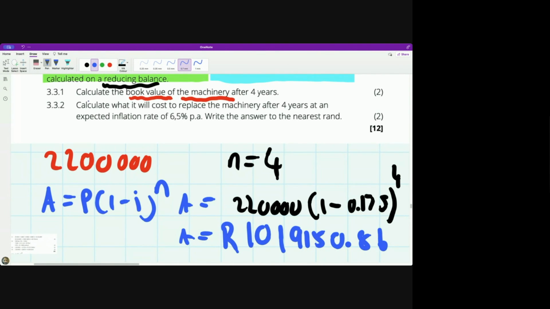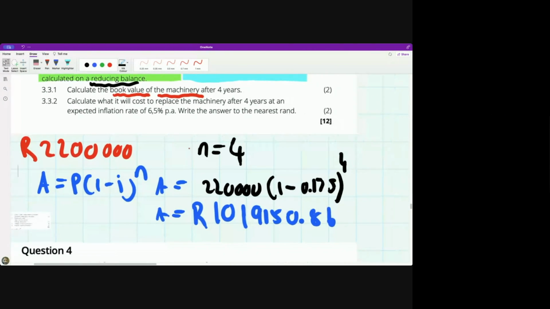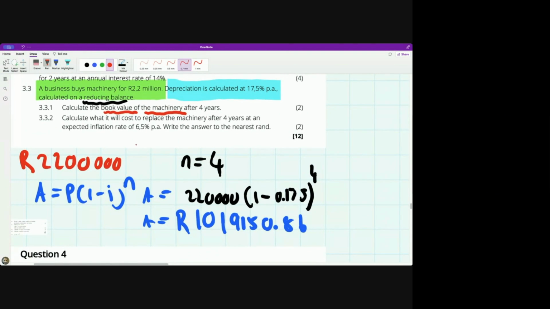So it's gone from being worth 2,200,000 all the way down to this over here. And I see Naledi, Cullen, Tandiwe, Pafunzo, we're all over this. Fantastic. Okay, so we figured out how to work out the depreciation. Now the next question, it says,